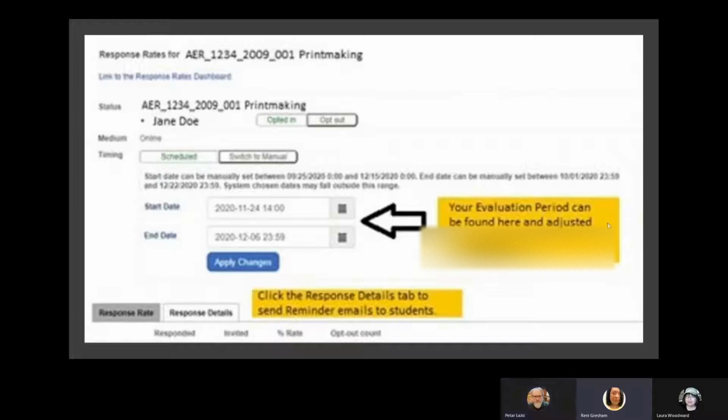And here is the diagram that I was speaking about previously in regards to the evaluation period. If you see the arrow there, faculty, this is where you would find your evaluation period. And as said previously, you can contact your departmental SET coordinator, and they can extend the date for you if need be. But also here, under the next yellow